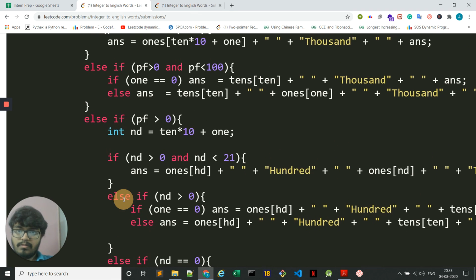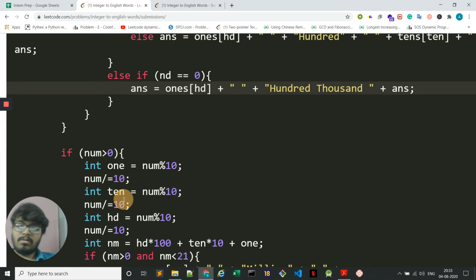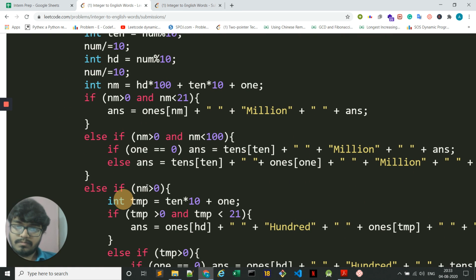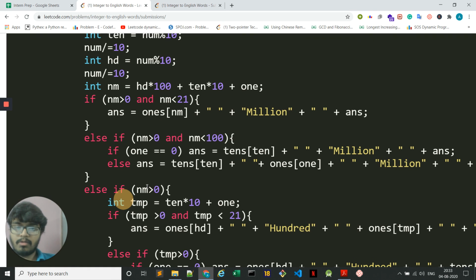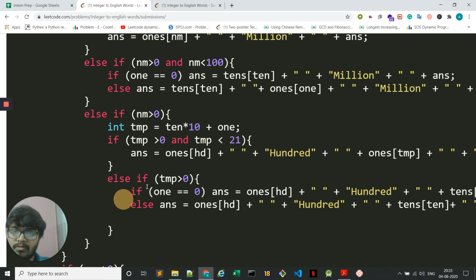Then yeah, it might also be possible that the ones digit. I think all those cases are covered. In the similar way over here as well, we can have 100 million as the answer, right? So else if